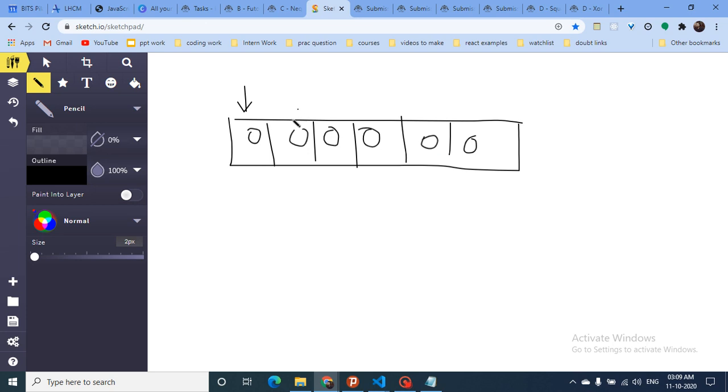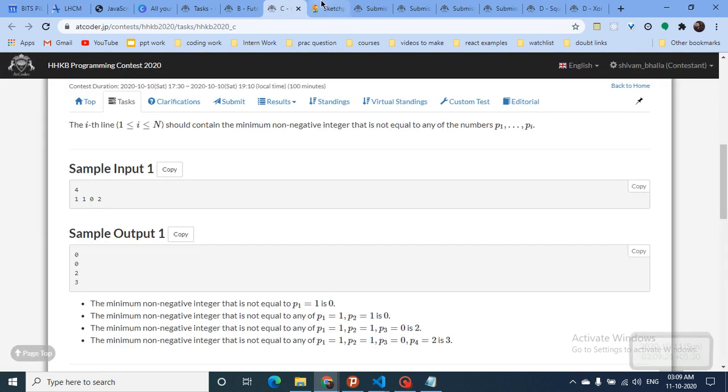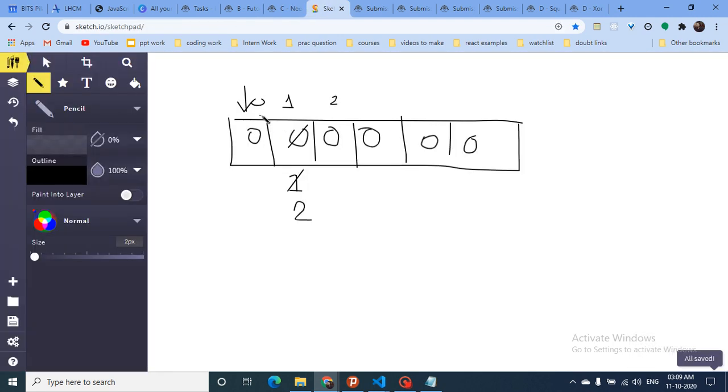As you can see, you see 1, so increment its count. Then you again see 1, so increment its count. This is the 0th index, this is the first index, and this is the second index. So for the first index, increment its count, it will become 2. And what you are printing is the integer on which you are, because it is 0. It means that you haven't seen this number till now. I hope you get my point.